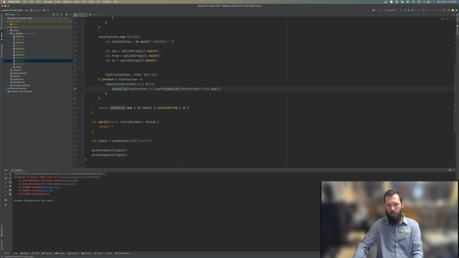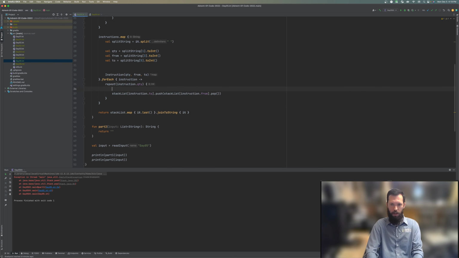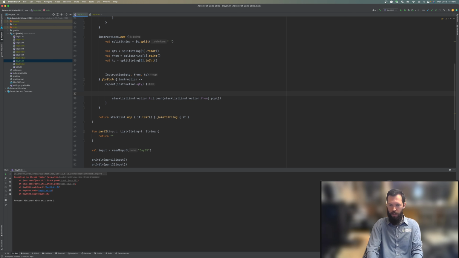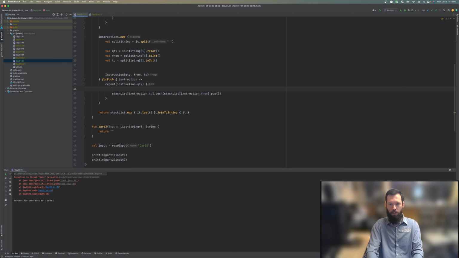And we know that, yeah, so we're just going to log this and see what it's saying when the error happened. So let's print and say moving